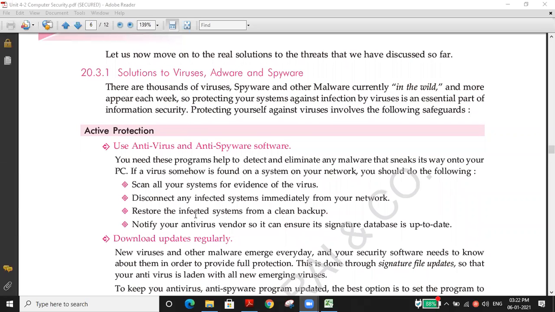And disconnect the infected system from the network. Suppose you have the network, the network virus is there, but in your computer alone you have installed the antivirus, it is no use, because network means many computers are connected. That is called a network. For example, LAN, local area network. Even if your computer has the antivirus, it will protect your computer only, but whenever we are connecting